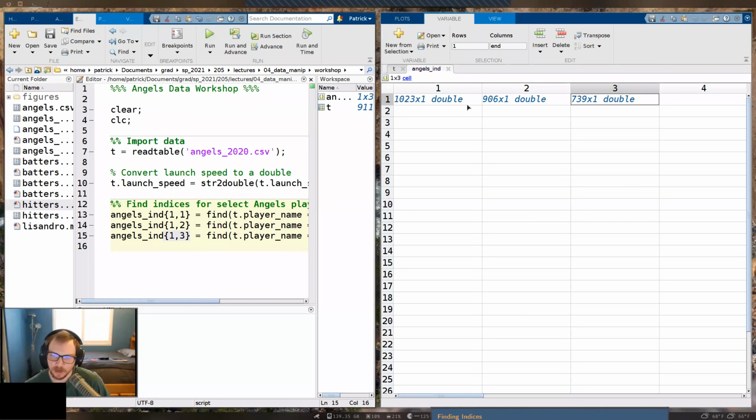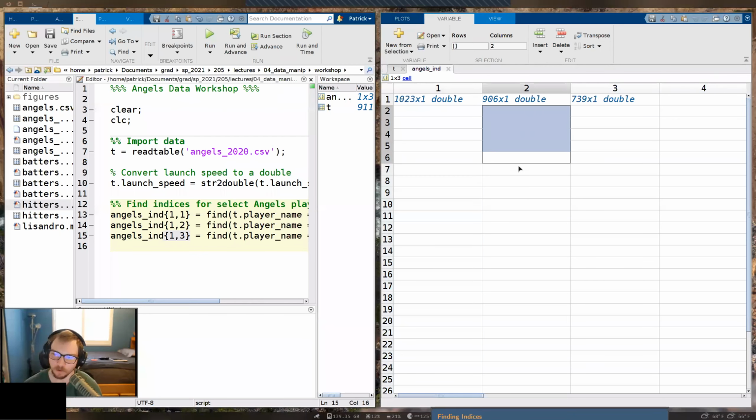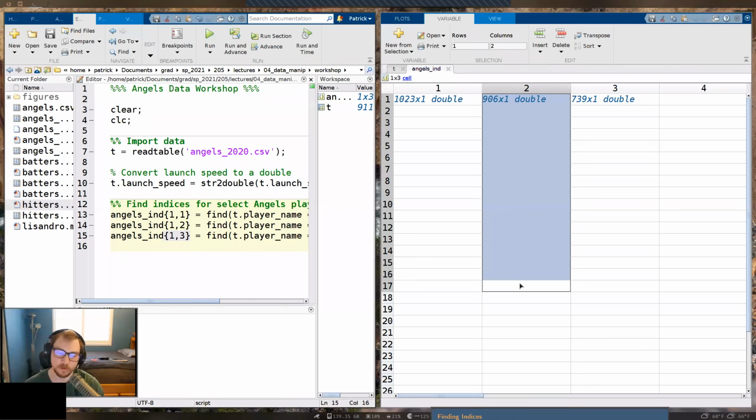Imagine that instead of having these cells, I wanted to show all 1023 rows here, all 906 rows here, and all 739 rows here. I won't be able to do that because MATLAB wants an array to be the same size. I would need to have 1023 rows here, and also here